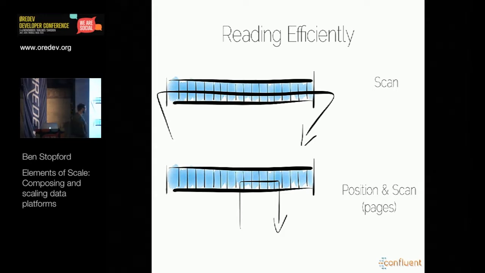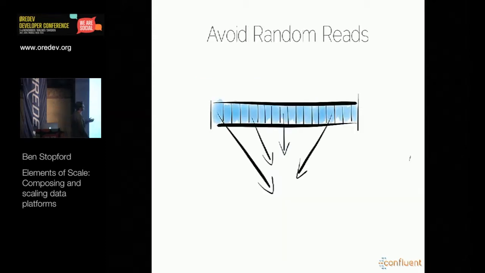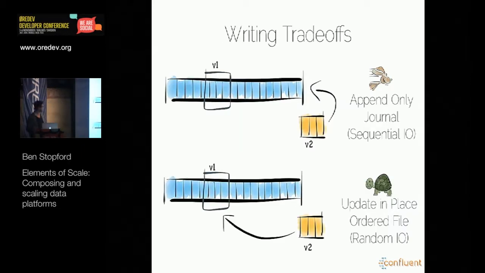We can scan it in its entirety. That would be very efficient. Or we could jump to a particular position, a particular offset, and scan from there. And that would also work well, obviously because of the sequential thing. But we want to avoid scattergunning our address space or hard drive or whatever media we're using, to keep our performance optimal. So let's think a little bit about how reads and writes to a file might work.